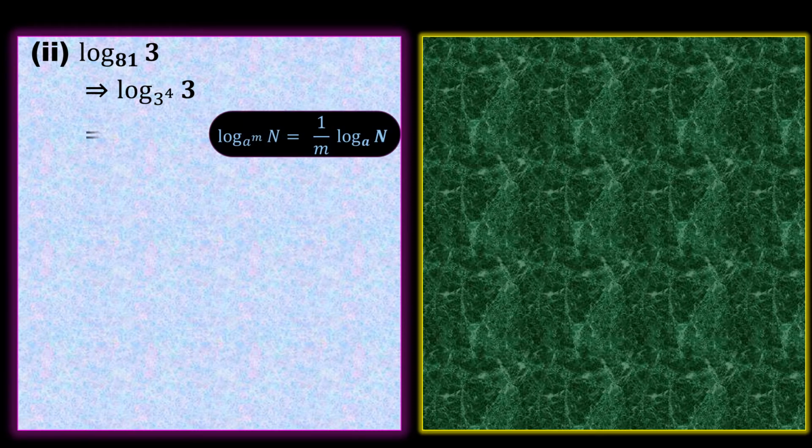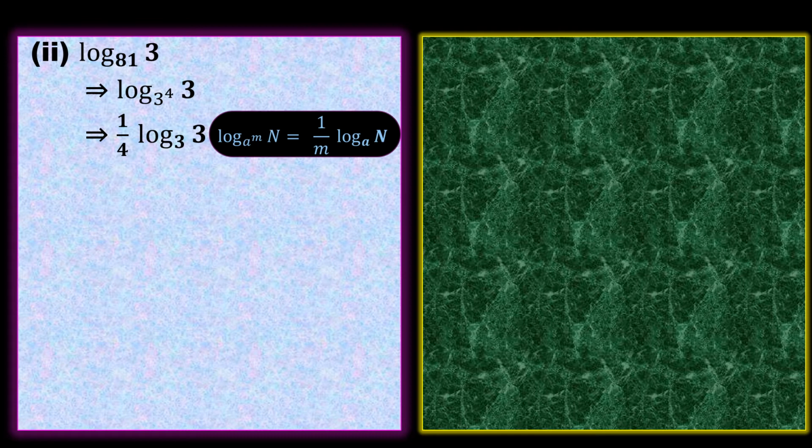Here it is 3, so find out with respect to 3. So 81 is 3 power 4. So I can write 81 as 3 power 4. Okay. So here these two are same and in between there is a different one. So it will be reciprocal. Okay. 1 by 4 into log 3 base 3.